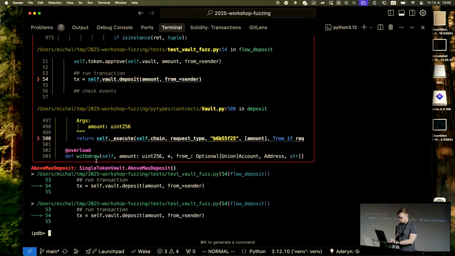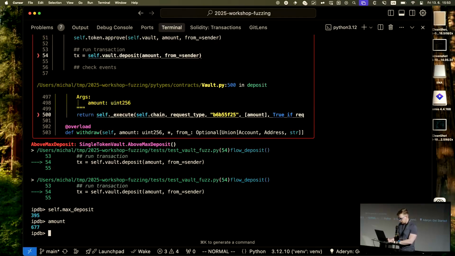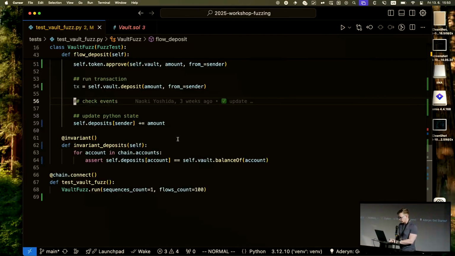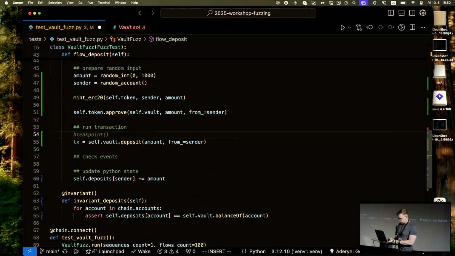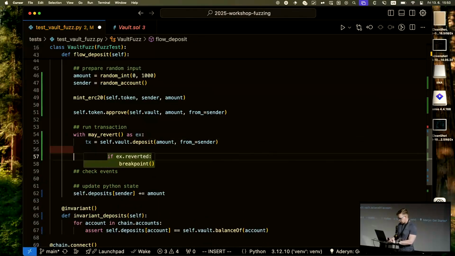And as you can see, we've also encountered a reward above max deposit. The reason is that when I check self.max_deposit, it's 395, but the amount we have is more. So that's good, because we are also testing the edge cases, but we need to handle them in the test. So I will wrap this tx with my reward as ex, and then let's check if ex.value,